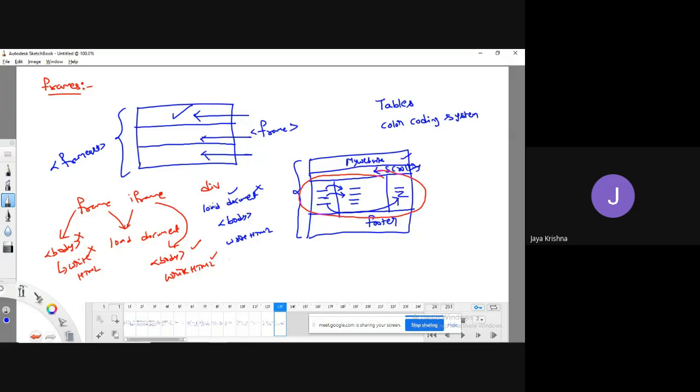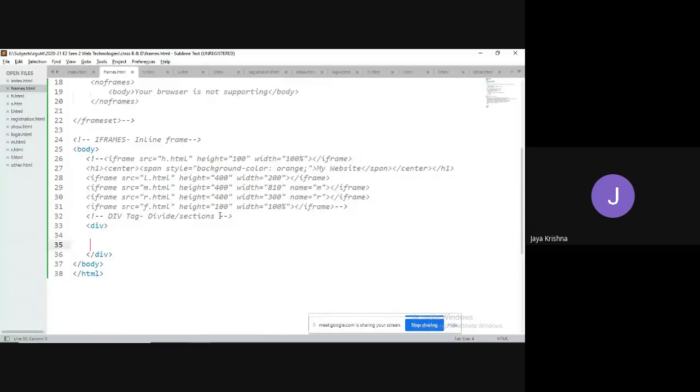So simply we can say that these are used to group all the HTML elements. Whatever HTML elements that you require, if you would like to group those elements and apply some kind of styles to all of them at a time, then I can go for the division tag. This division tag is a kind of block level element. I hope you know the meaning of block level, meaning that it is going to start from the next row every time. Okay, fine.